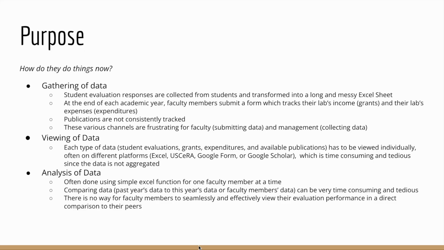My name is Savannah Noblitt, and I'm going to go over more on the purpose, specifically how they do things now. In respect to gathering of data, student evaluation responses are collected from the students and then transformed into a long and messy Excel sheet, which is often unusable. At the end of each academic year, faculty members are expected to submit a form which tracks their lab's income in the form of grants and their lab's expenses in the form of expenditures. And as of now, publications are not consistently tracked. These various channels are extremely frustrating for the faculty that's submitting the data as well as the faculty that's collecting